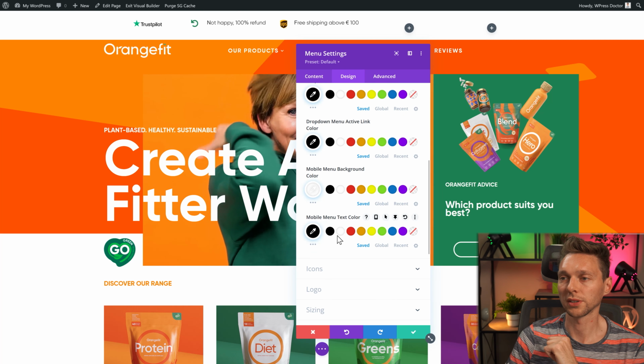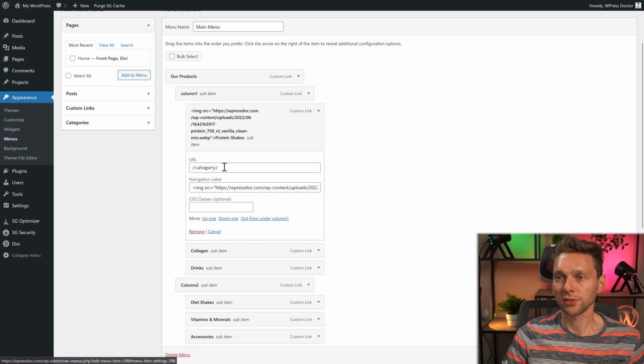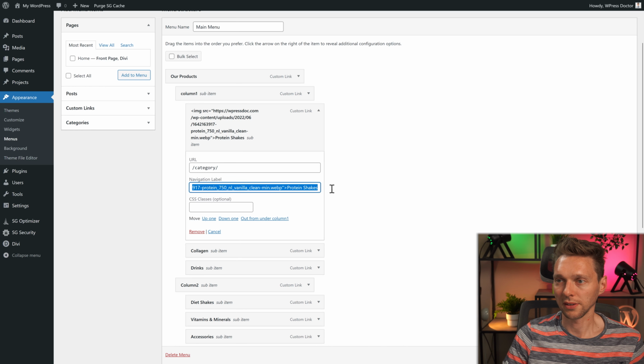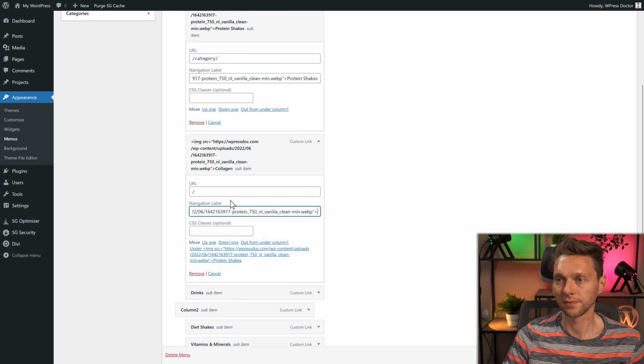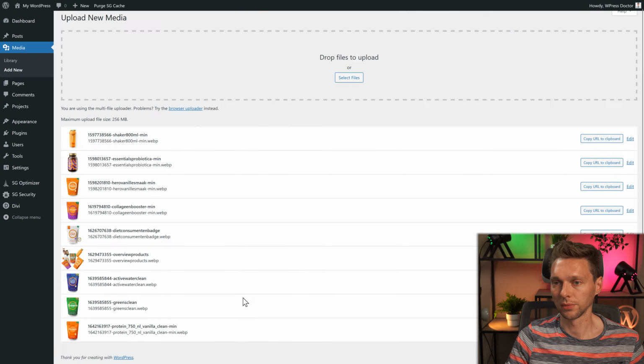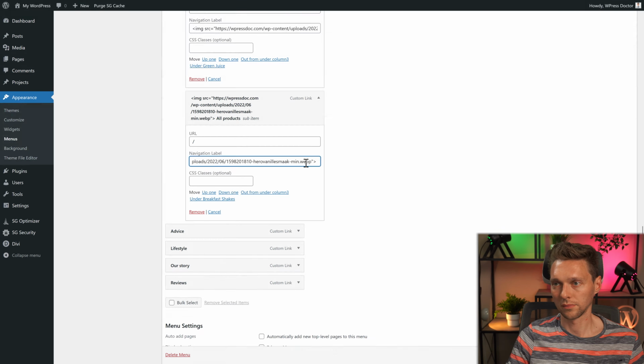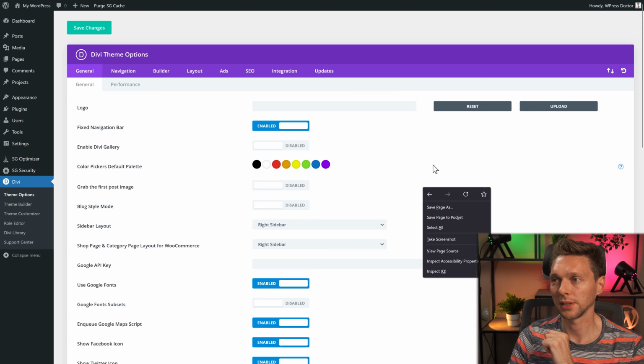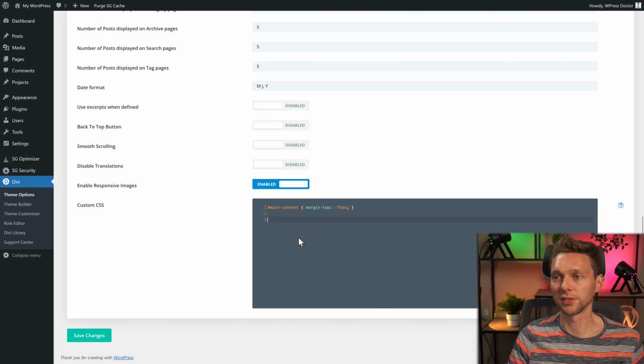Let's first add in all the images to our menu items. And then we're just going to copy this navigation label. Just copy it, and I'm going to paste it everywhere else with the right images. So this is how the menu looks right now. Of course, we need to remove this column 1, 2, and 3 in the Divi theme options. We're going to add some CSS, and this actually tells the first child in the mega menu display none. And now when I reload the page, you can see that it's gone over here.